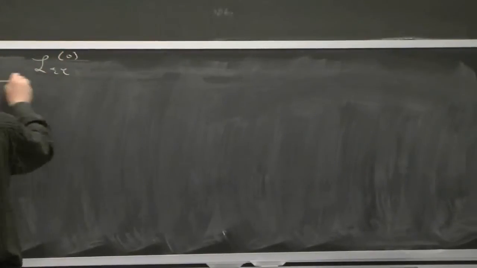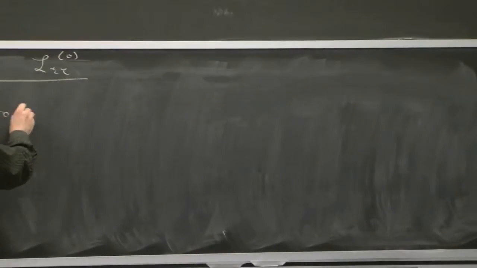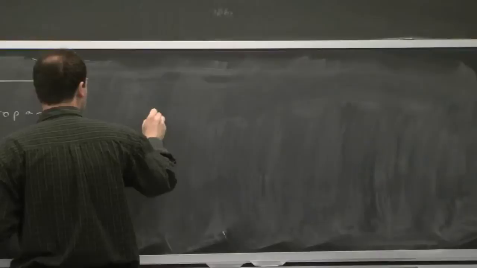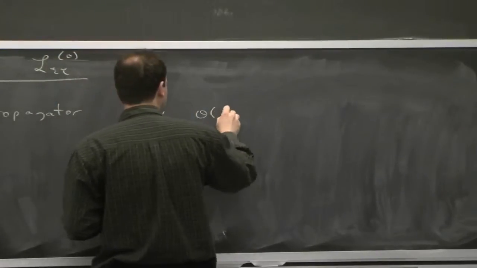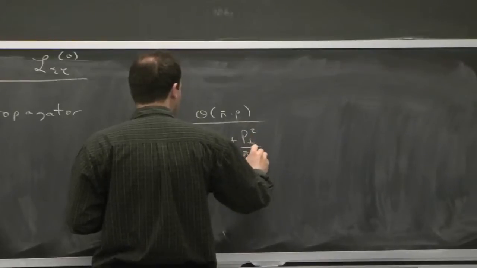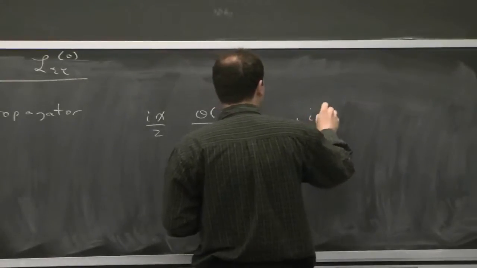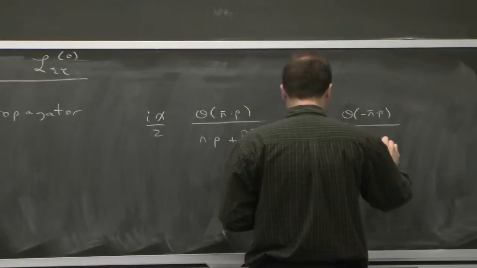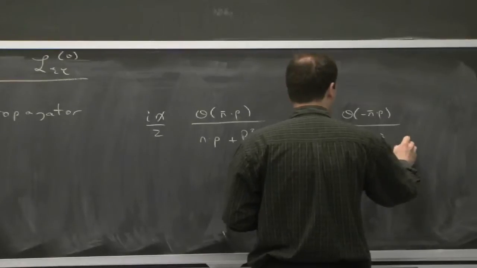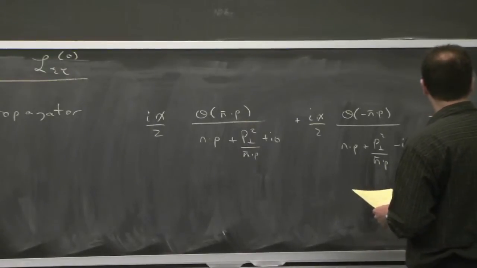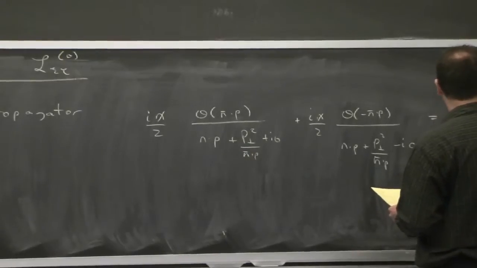So let's come back and study LCC0. So the propagator, if we write out what the propagator is, if we're careful about signs of i epsilons, we had both particles and antiparticles. You can think of the antiparticles as the guys that have the minus i0. And if you combine these two things together, then that's just giving you the thing that we got when we expanded